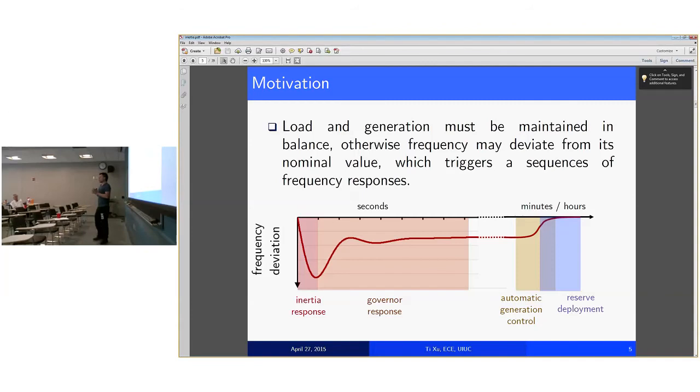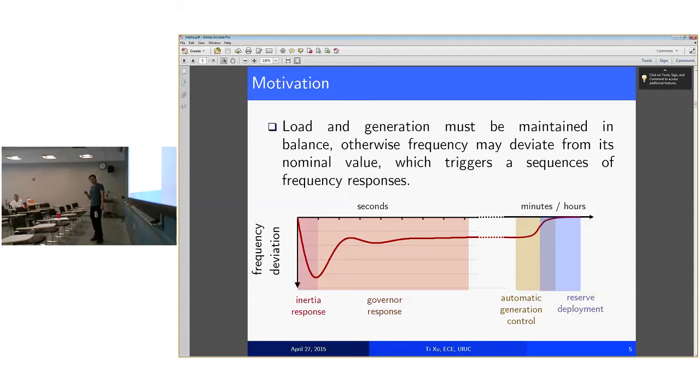But no matter what the resource mix is, we have to maintain the real power and demand balance at every second. But if some contingency happens in the system, we have a sequence of frequency responses in the system